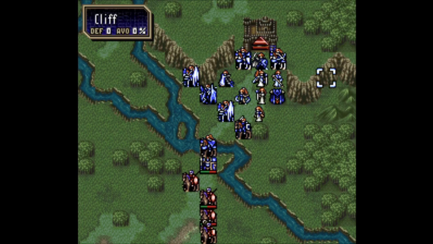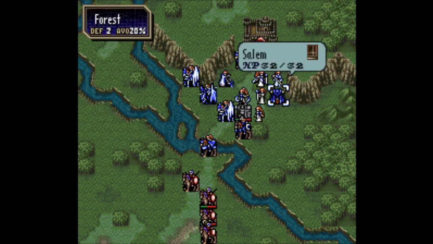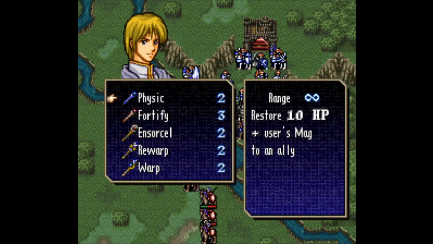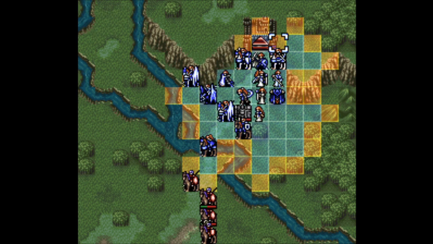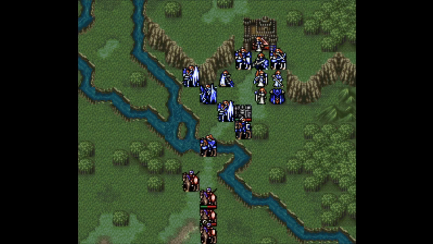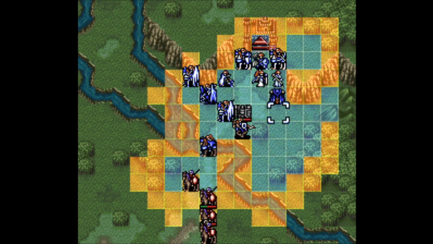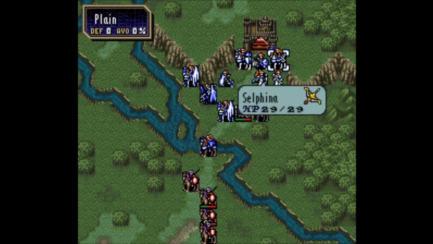Alright. So we're gonna have to move back pretty much to here with Xavier. And then we can heal up. I think Shroff would be the best for this. He does have a heal staff, so that would be nice to use. Yep, we're just going to escape with a few of our units. So the very next turn, we're going to be escaping. So what we're going to do here is kind of set up a defensive perimeter a bit with our units. We can make sure...